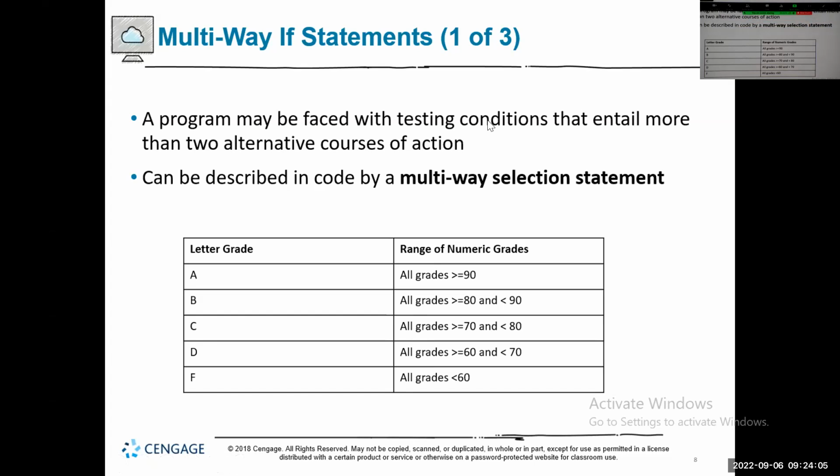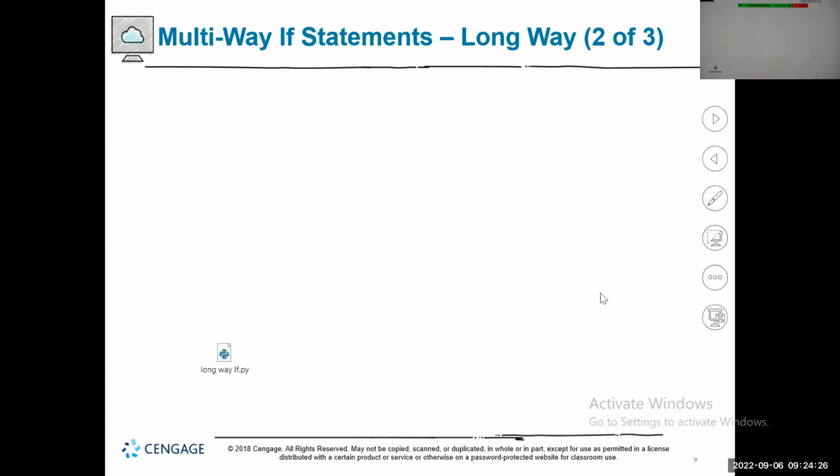So now for this one, you do not have only two choices, but you have 1, 2, 3, 4, 5 choices here, right? In that case, they call it a multi-way if statement. So basically for this one, you have many ways to do this. The first one is to work with